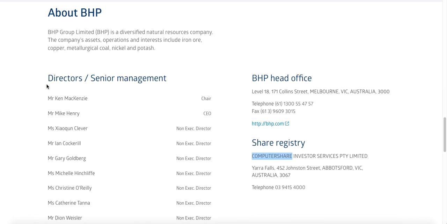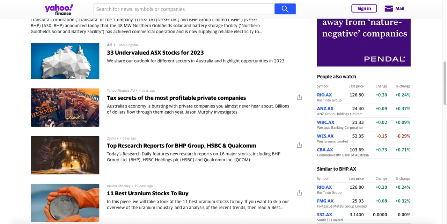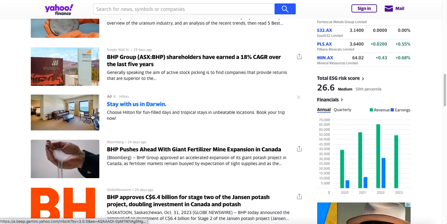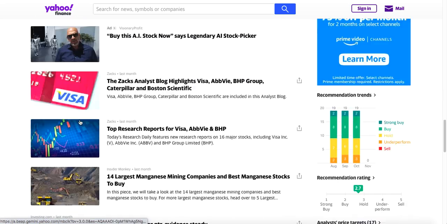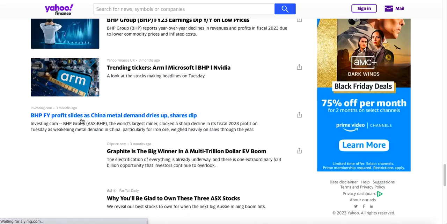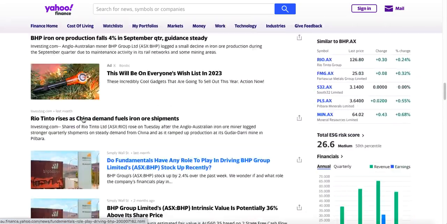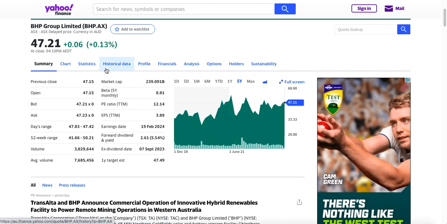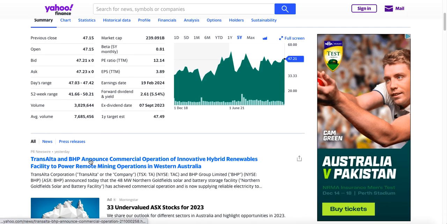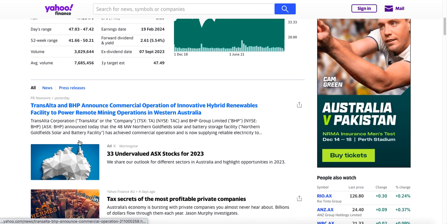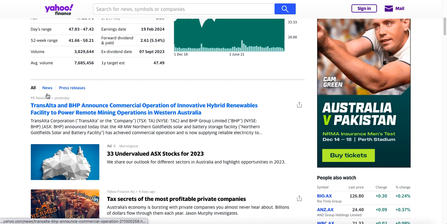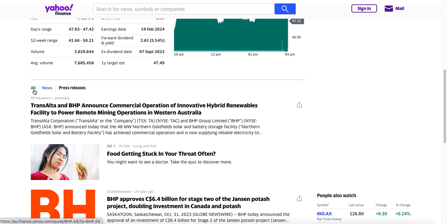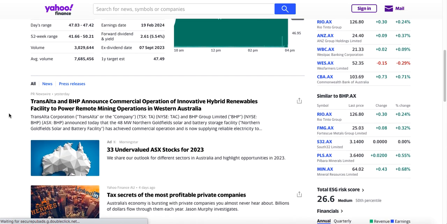Most importantly, probably one of the big differences is, as you could see on the ASX, when you come down to the area of announcements, we can obviously find the announcements. Where is it? Just trying to find where it shows the announcements here. A press release? Interesting. We'll come back to that in a moment. Anyway,